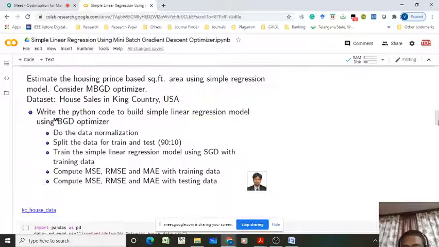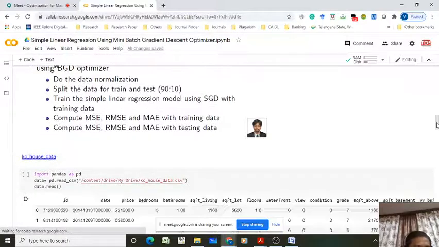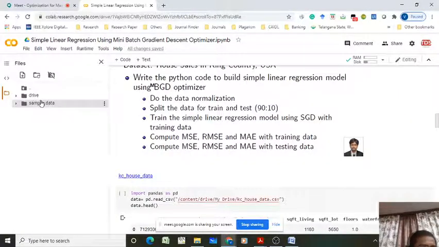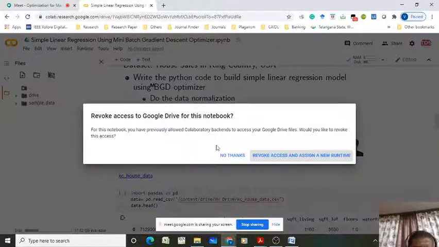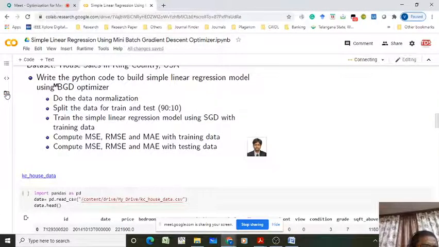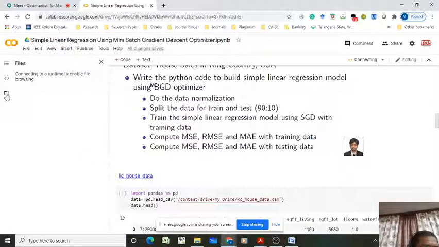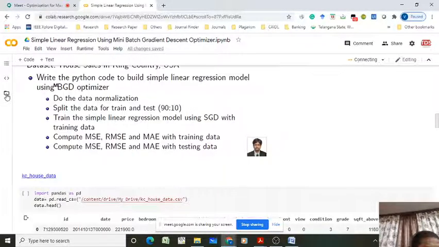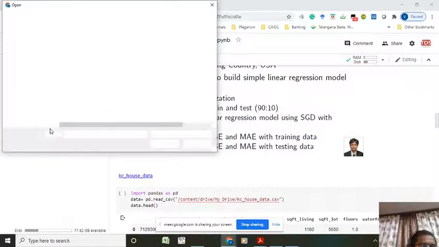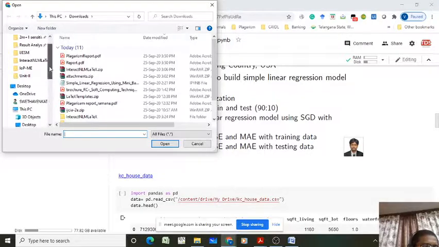So after downloading the data, what you have to do? The data is available here. Yeah, you have to take the data into the Google Colab environment.